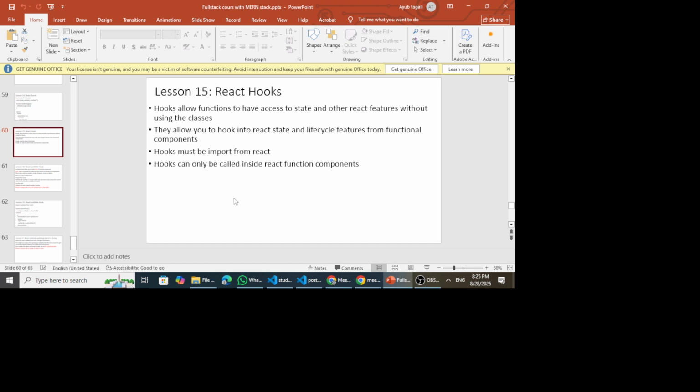So hooks must be imported from React. When you set up a React project, it automatically comes with the library that contains the hooks, and all you have to do when you want to use any one of the React hooks is simply import it from React. And hooks can only be called inside the React functions. So to explain what we have said in theory,